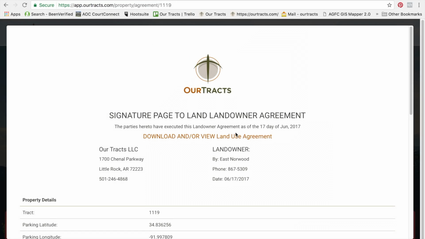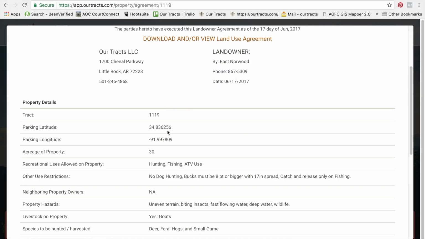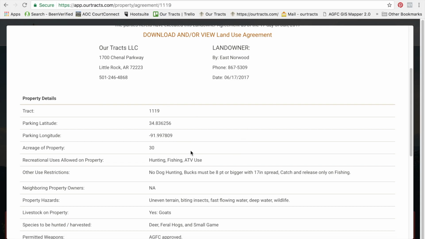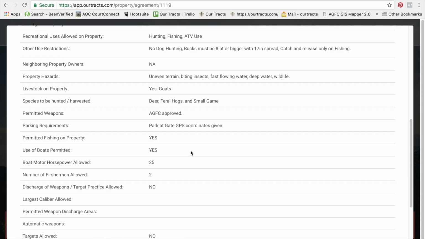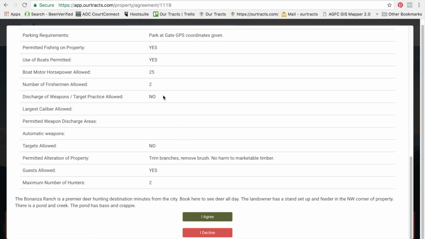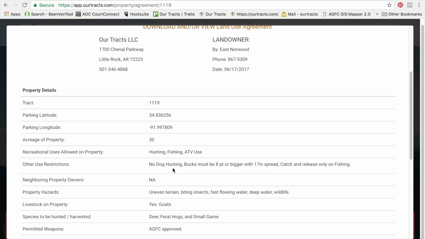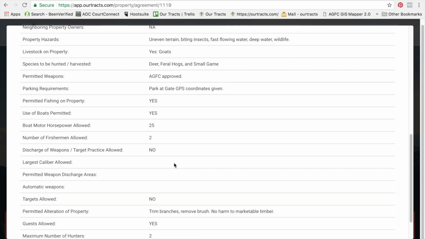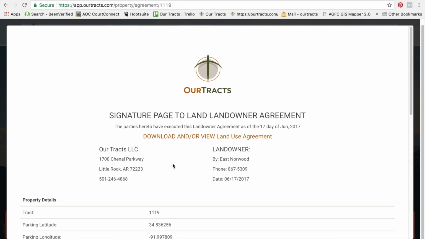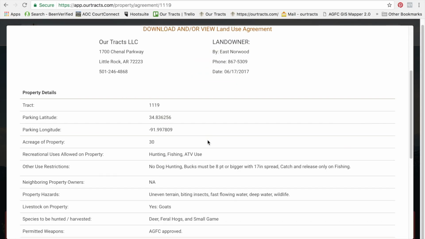Once you click List Property, you'll be taken to the signature page for your landowner agreement. Here it details all the information that you have put in about your property. Now remember, this information can be updated on the app. After you have read through and made sure that this information represents your property, and you've read the land use agreement,